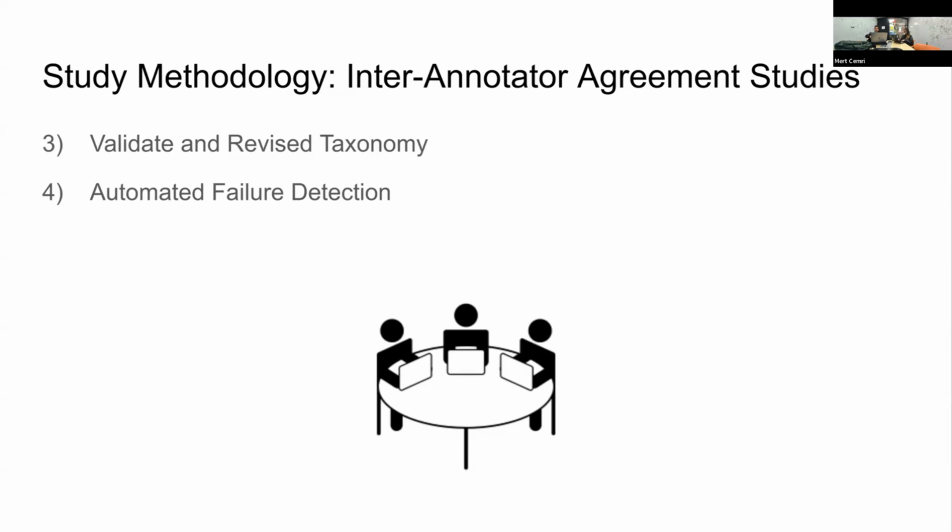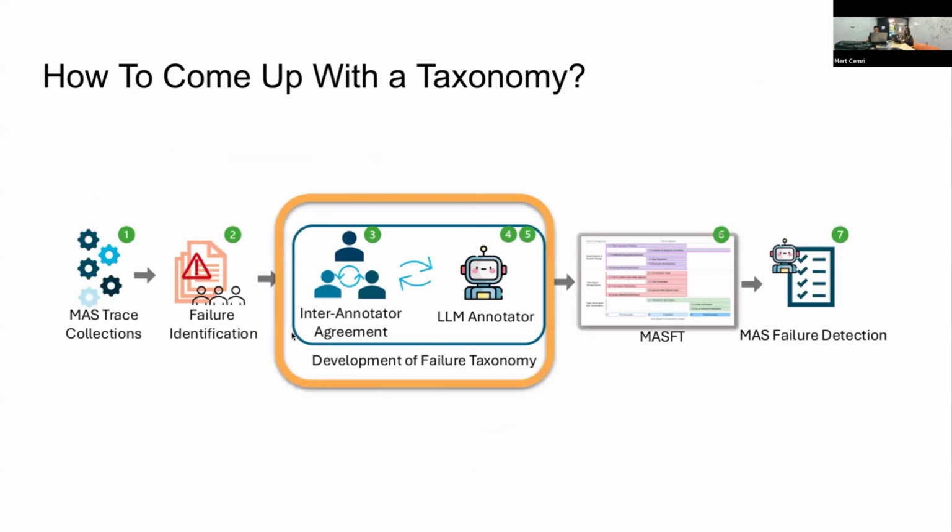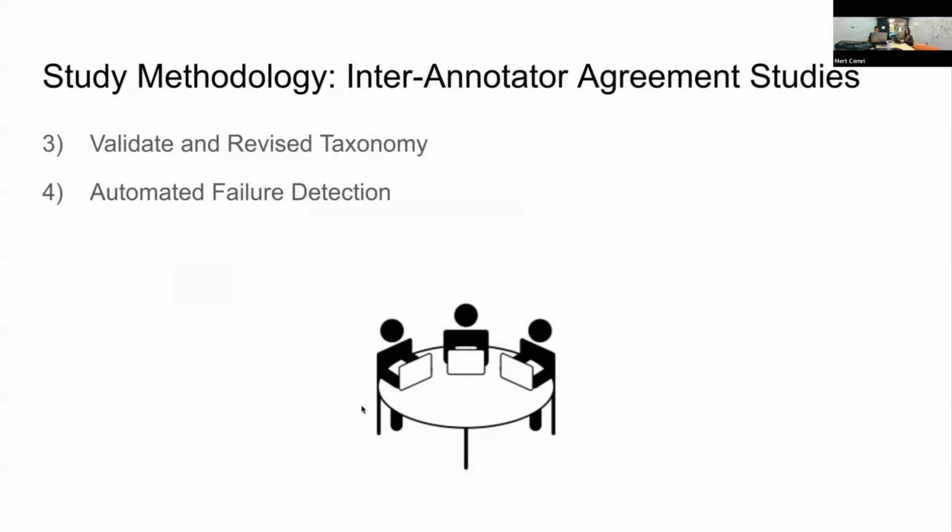Then they sample another set of 5 traces, annotate them based on the taxonomy, and revise the taxonomy. And then another set of 5 traces, until a good agreement is achieved. We characterize good agreement quantitatively by using a metric called Cohen's kappa score, which is a statistic for inter-annotator reliability. So at the end of these inter-annotator agreement studies, we arrive at a very good taxonomy that exhibits clarity